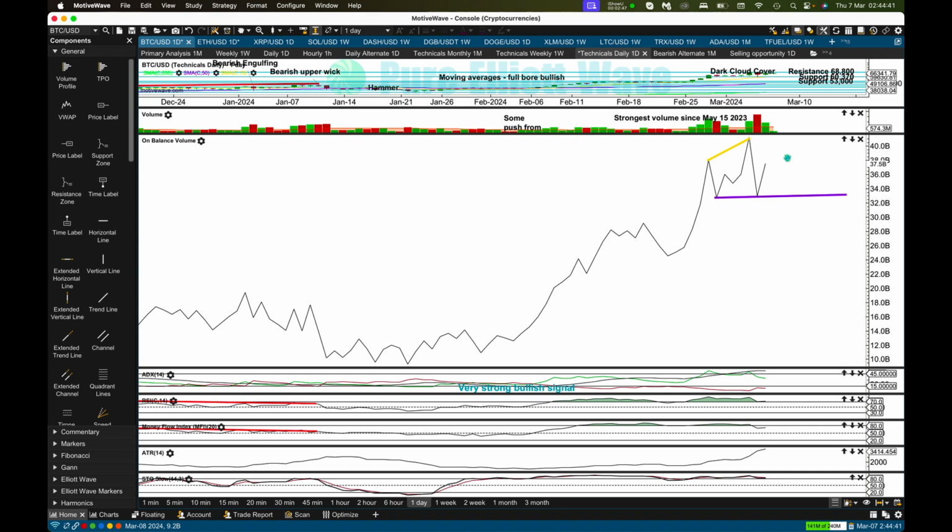Very, very few things are leading indicators, so when you find one, latch onto it, it's pretty good. This doesn't always work, but it does work more often than it fails. There's nothing in technical analysis that always works. We're dealing with a balance of probabilities, not certainties, and I expect on balance of probability we're going to see an upward breakout coming up maybe in another 1, 2, maybe 3 weeks for Bitcoin,